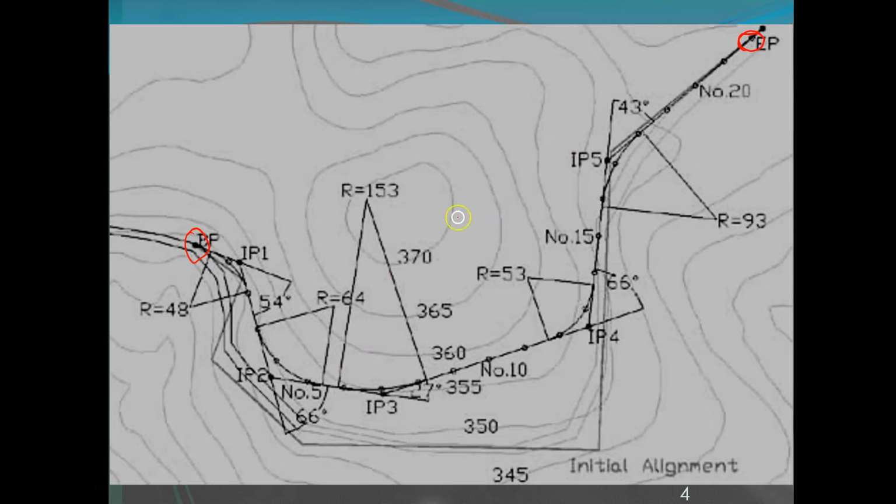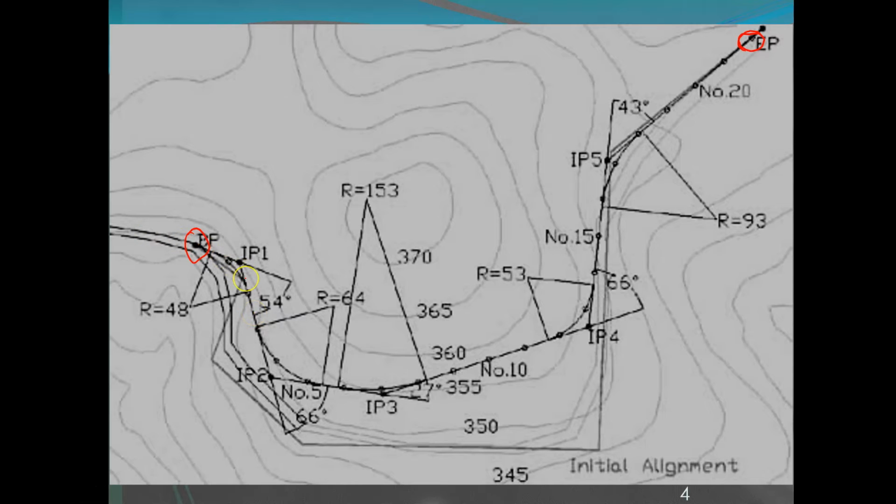You can see high ground here, lower ground. So in this case, the best route to take will be along the slope here. The designer has decided that's probably the best route to go.